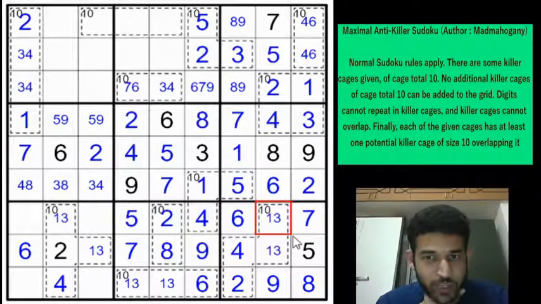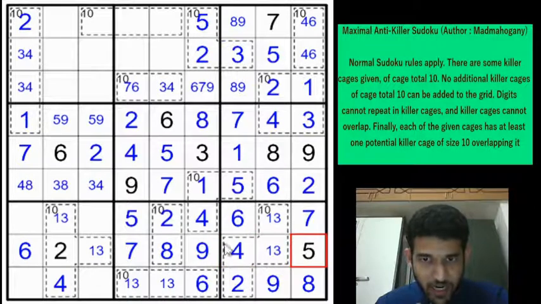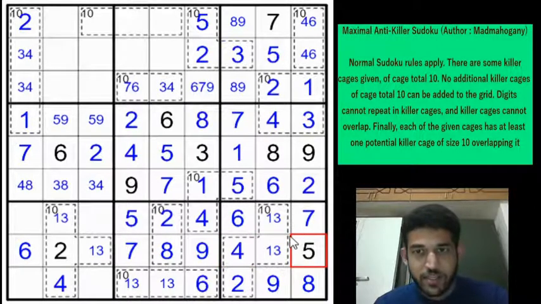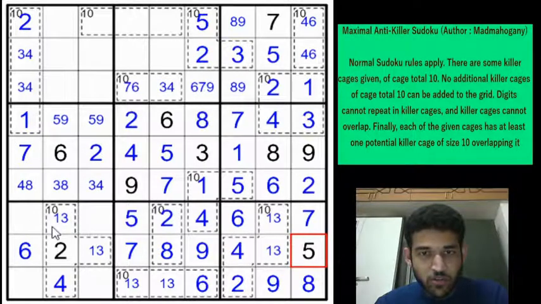Now we can't use a vice versa rule here because there are multiple ways by which 10 can be found. For example, 9 plus 1 is 10, 3 plus 7 is also 10, and 1 plus 4 plus 5 is 10. So we can't use vice versa to our advantage here. So for now let us focus on continuing the Sudoku.